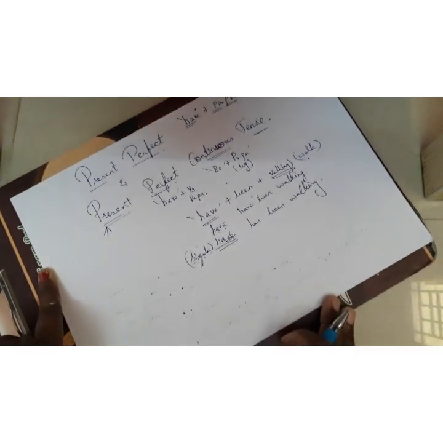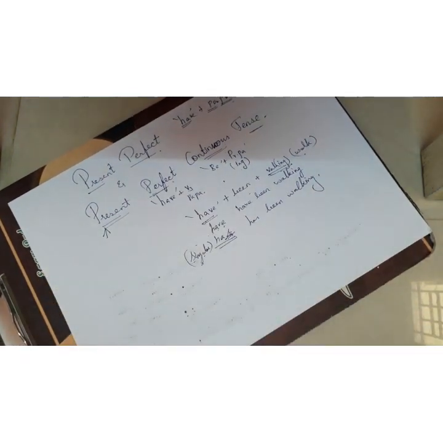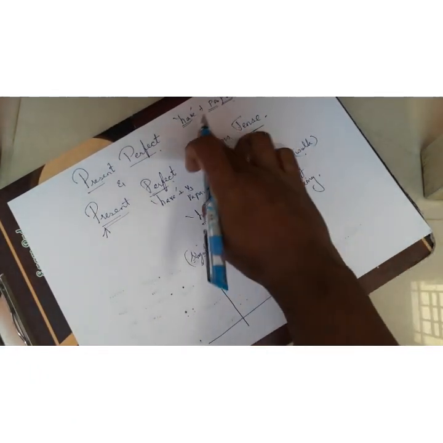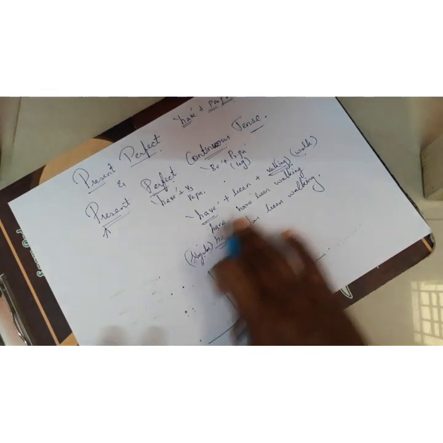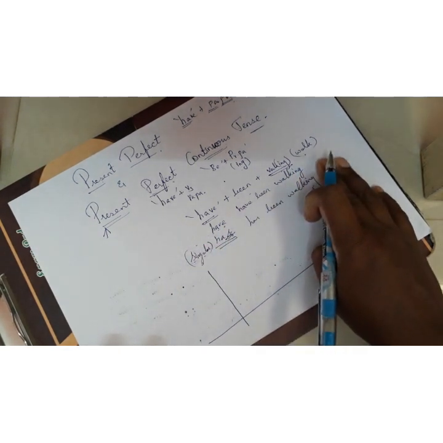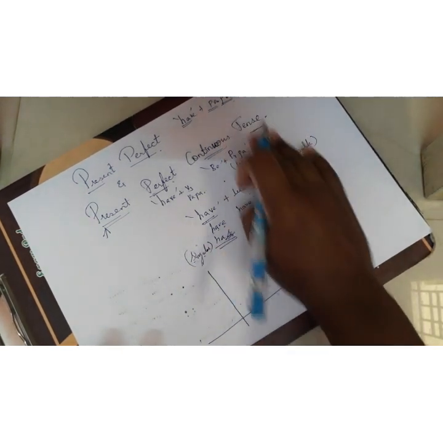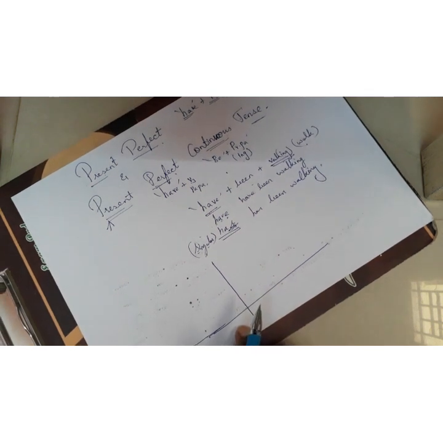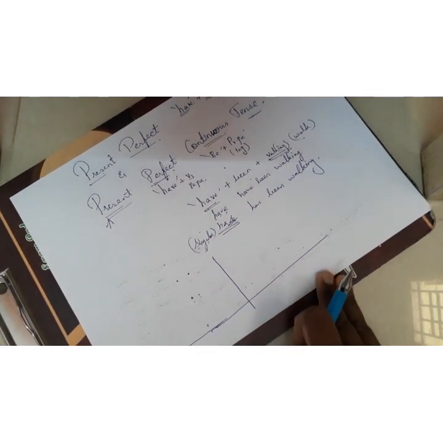Now my dear children, let me explain with a timeline. This is the form, happy papa, and have verb plus been plus ing. So now let me explain when to use them. I have already told in the present tense video when to use it. Again and again I am explaining, so if you are not clear with that, please go and watch it.